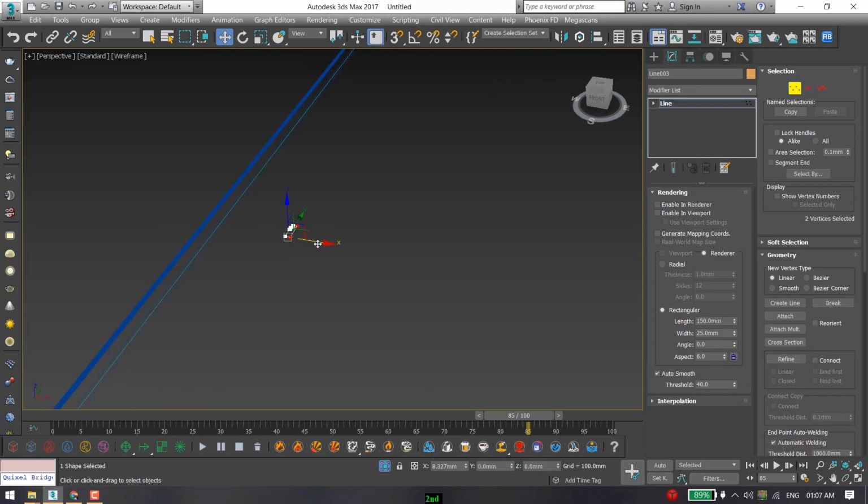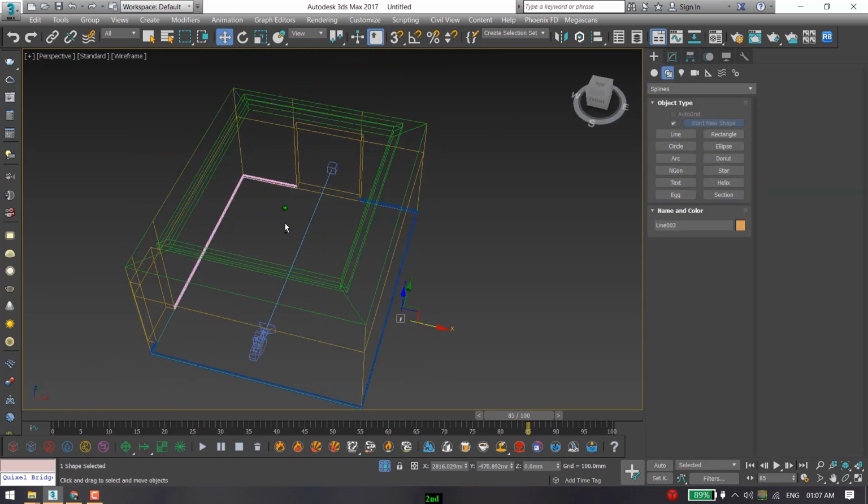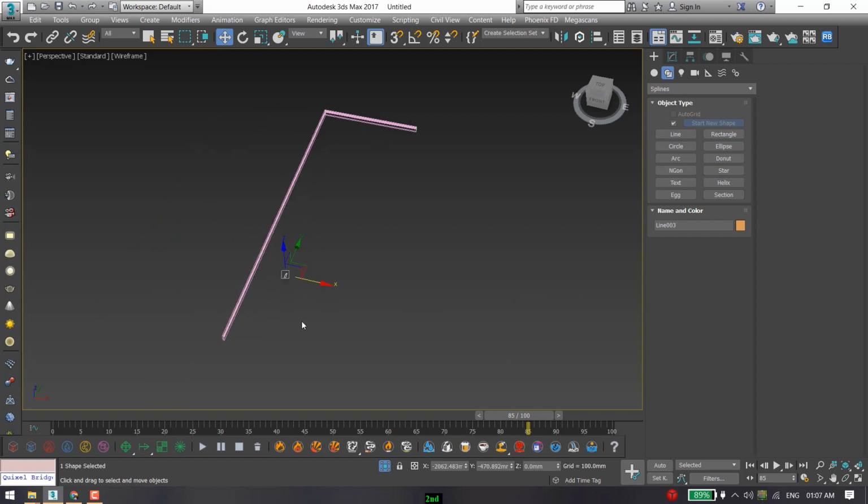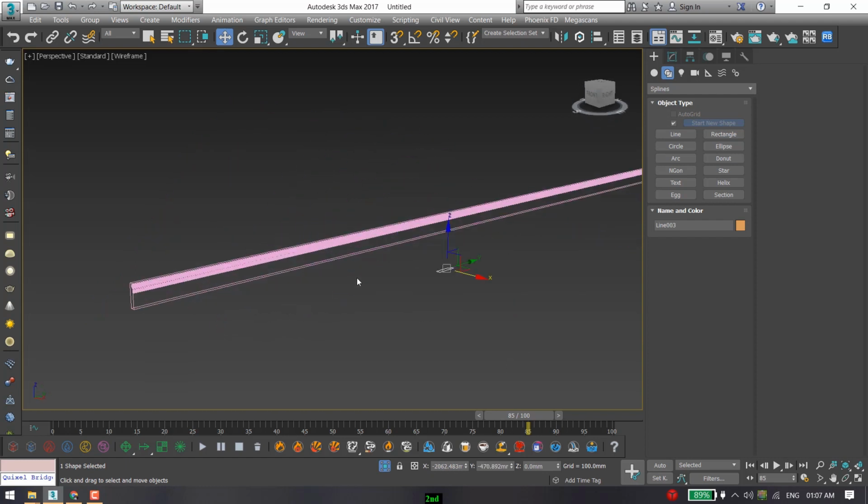So click here. After that, you can see that I'm selecting the second corner. This is my third corner. You can easily change the view for a better look in detail. Right click for cancelling, and right click, press isolate. And after that I will select this profile, close it, and move it in the negative Z axis so we can see how our skirting looks.